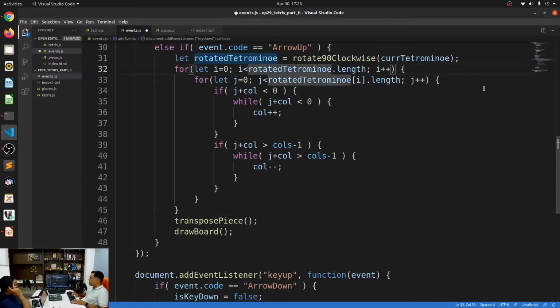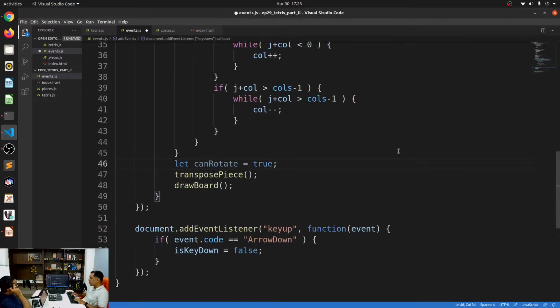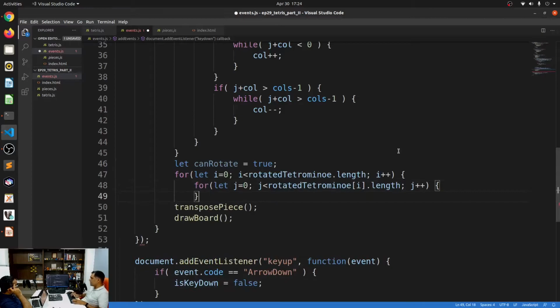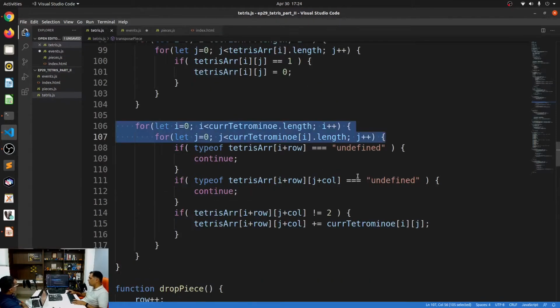There is no easy way to do this, so I'm just going to sort of do this. I'm going to declare a variable called can rotate, and I'm going to set this as true in the beginning. All right. Basically have the same loop, and then just check the condition, just like how you said, check the condition for collision.